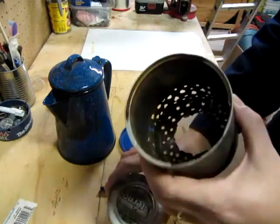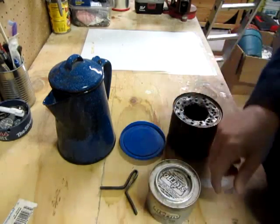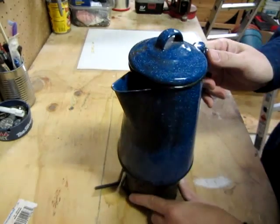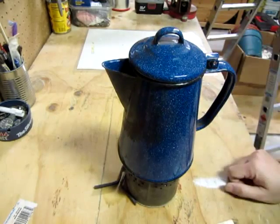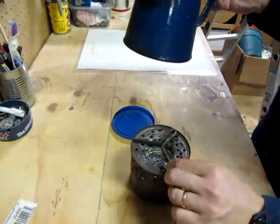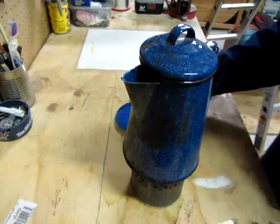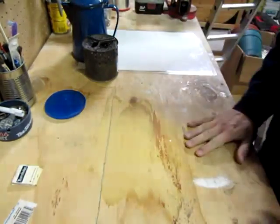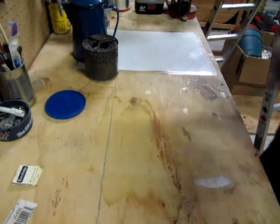So I would take this, open the Sterno, light it, and then put this on top, and then it was enough to boil my water with. And it worked pretty good in a pinch. But this went right here too, to give it a little more space, a little more air. But fast forward to today, and I was watching Noodles the Cat 100, and he had